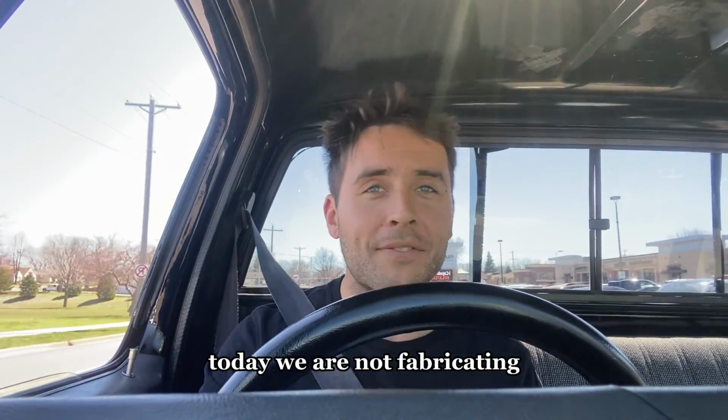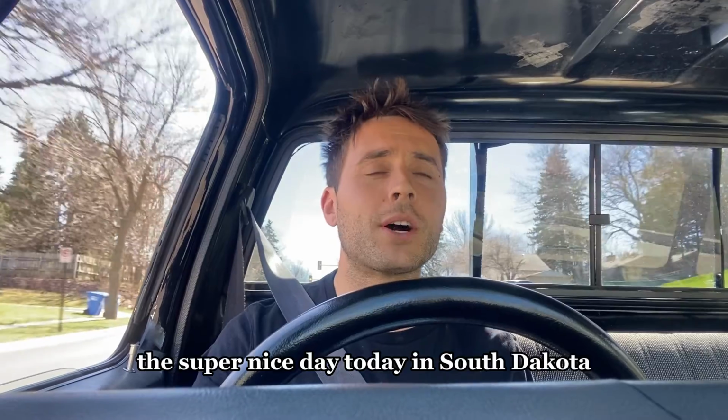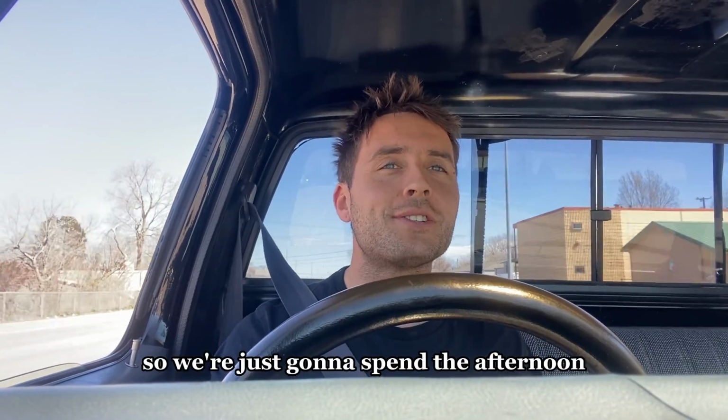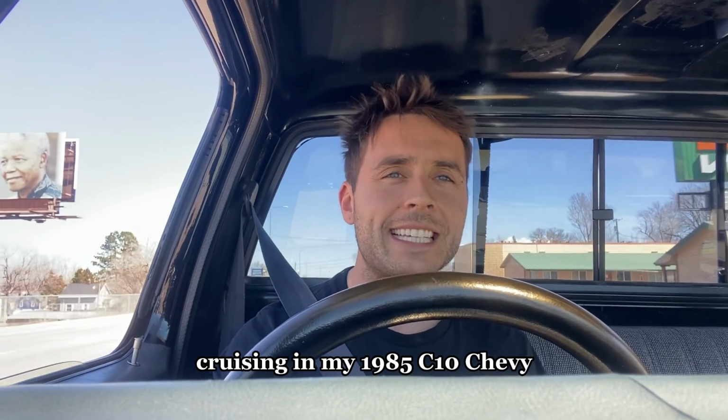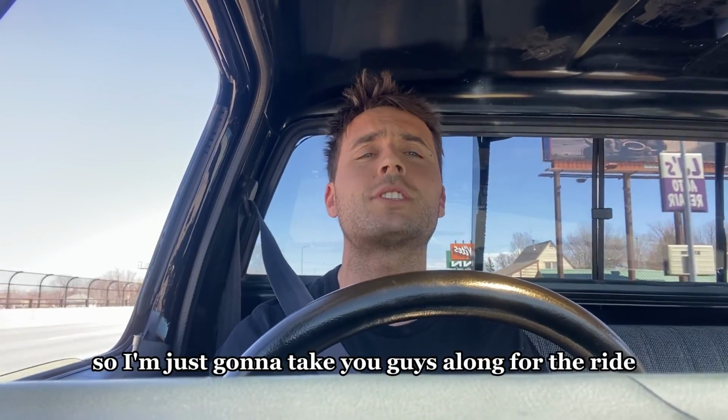Today we are not fabricating, we're not engineering. It's a super nice day today in South Dakota. It's like 70, no wind. So we're just gonna spend the afternoon cruising in my 1985 C10 Chevy. I got a lot of different errands to run and things to do, so I'm just gonna take you guys